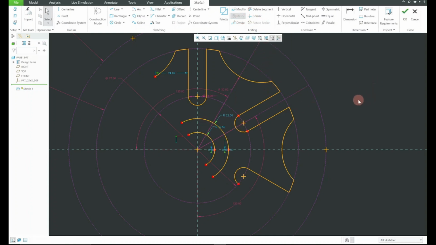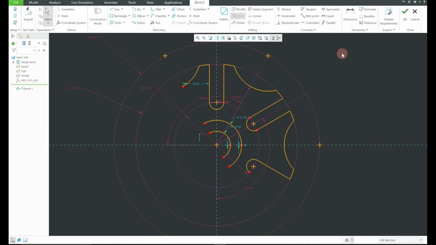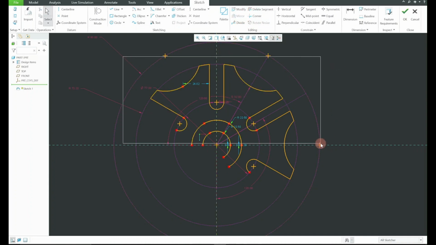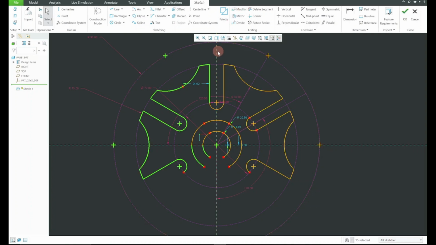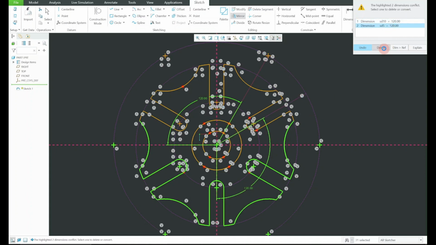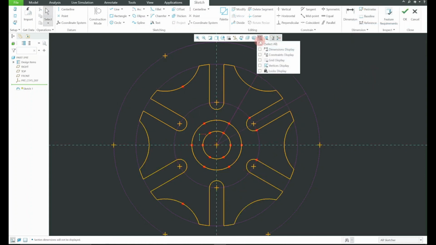Like this. Sorry, it's taking a lot more steps than I thought it would. So I will mirror this across on this as well, and then mirror it across over here. And finally mirror the rest of it across like this. We'll delete this bit that we don't need, and I will turn all the dimensions off like this,